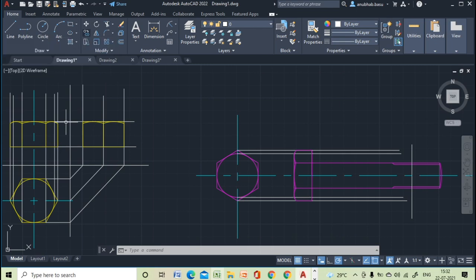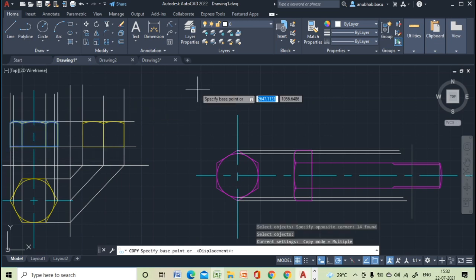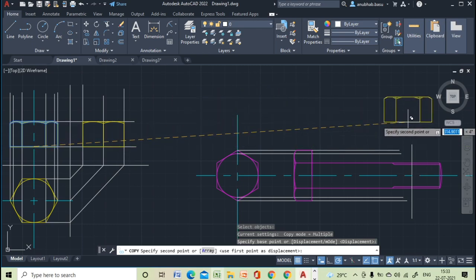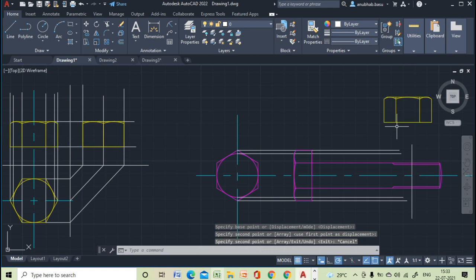Or suppose I'm copying it, so at first I will select the object, then enter, then suppose this one is the base point for this displacement. Okay, up to this portion I have copied the front view of the nut.